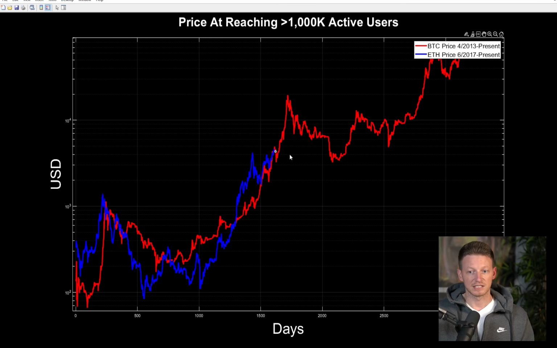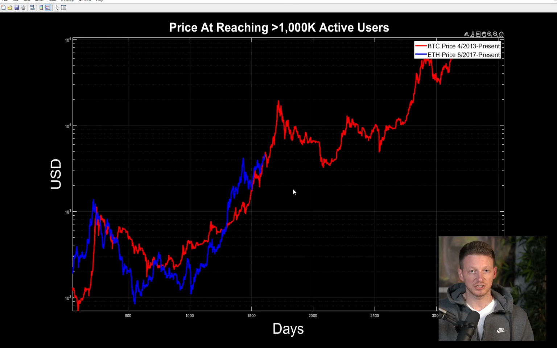But what it does say is if Ethereum continues on this trend and continues adding users to the network and adding value per user to the network, then within some amount of time between now and a year or two from now, because if you look here, the time difference between here and say here, where there was a gap in price, is about 2 years. That sort of indicates if this trend continues, Ethereum would more than likely reach that $20,000 mark sometime between now and a few years from now. And thus far, there is nothing to indicate that this trend is invalidated.